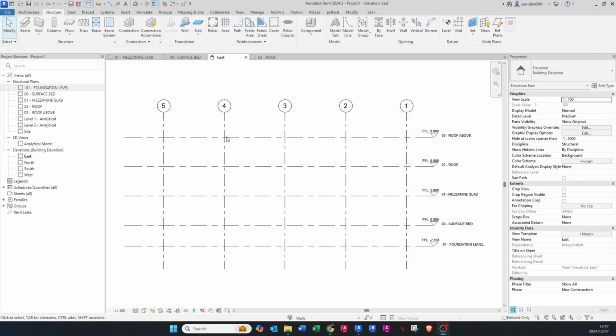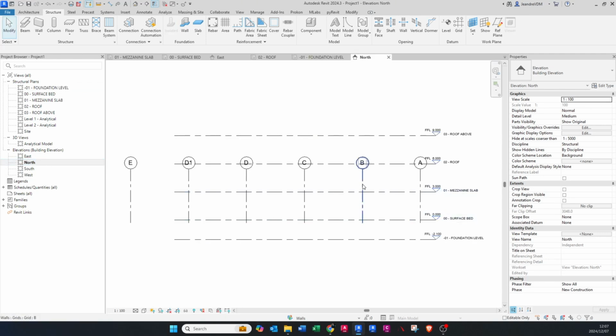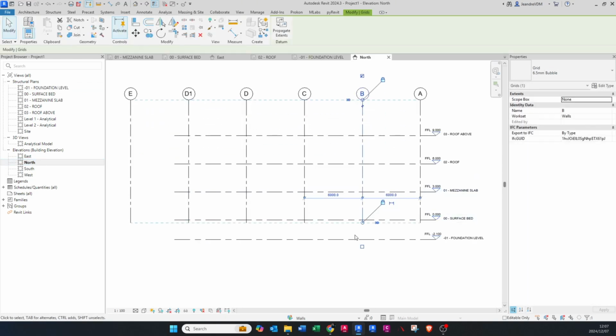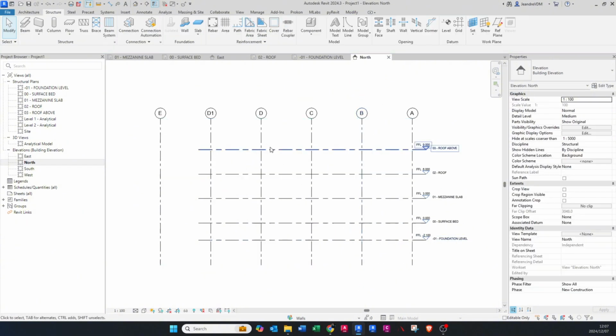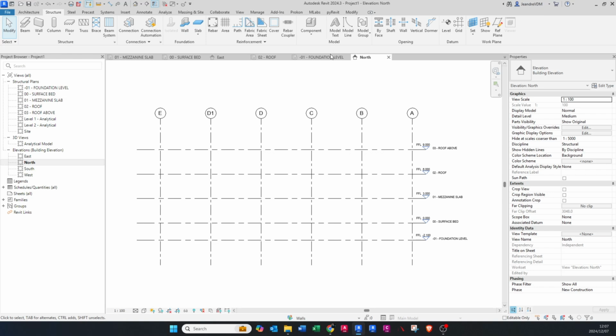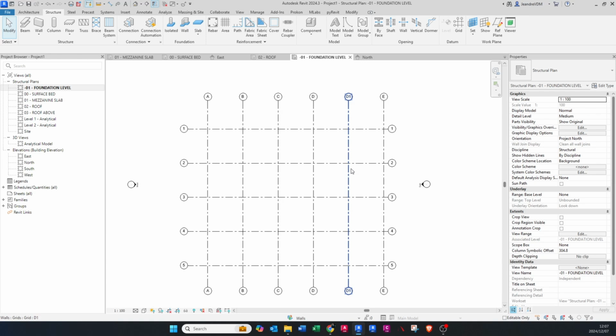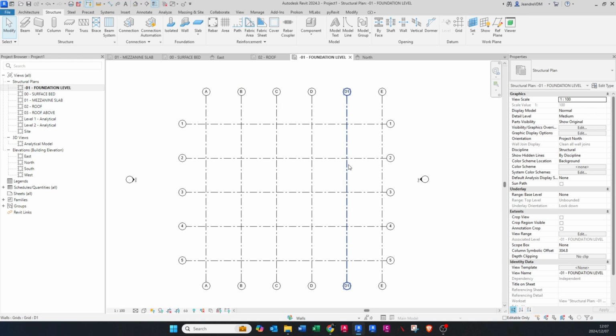Okay guys, now I'm going to show you how to do some columns. So if we go to the foundation level, you see what has happened here is this side, we need to just make sure all our grid lines are cutting through all the levels. Okay, so we go back to foundation level, there we are. So now I want to create a column. So if you click on column,